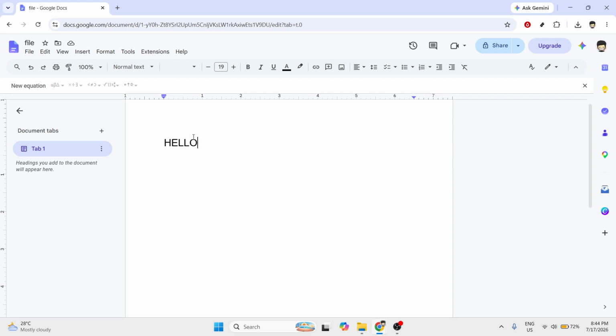To begin, open your Google Doc and find the text you want to change. The first thing you need to do is highlight the text you want to bold. To do that, click at the beginning of the word, sentence, or paragraph. Then drag your cursor across the text until everything you want selected is highlighted. Make sure only the text you want to format is selected, because Google Docs will apply the change only to